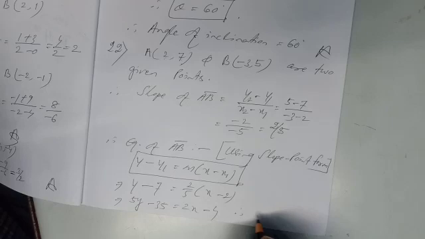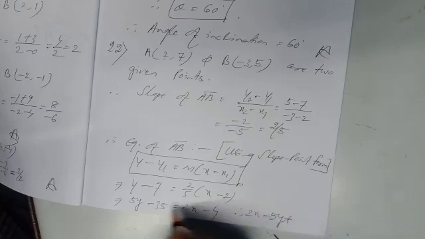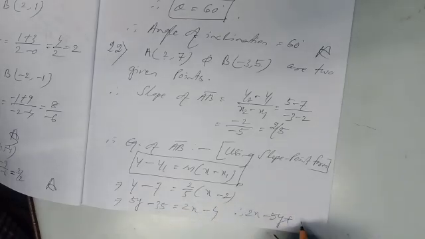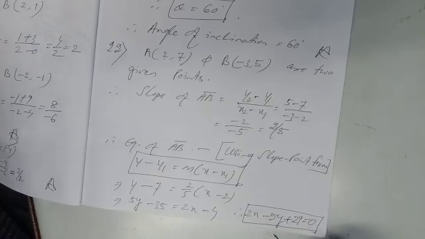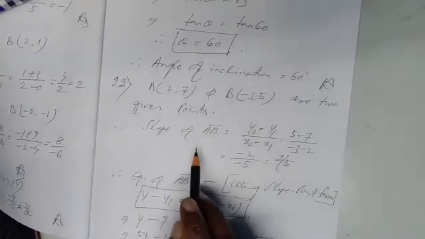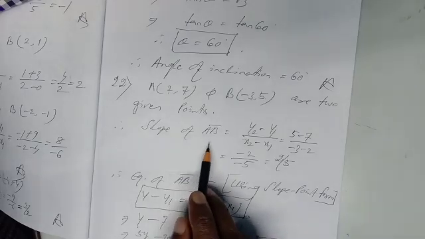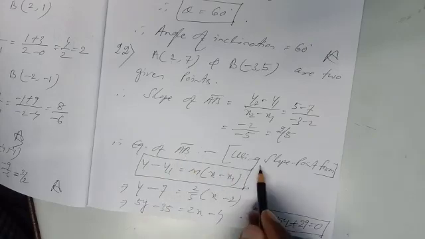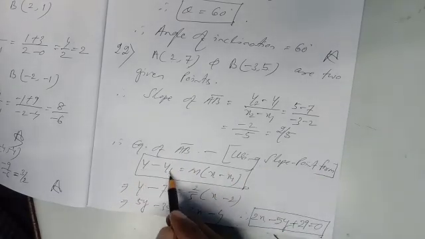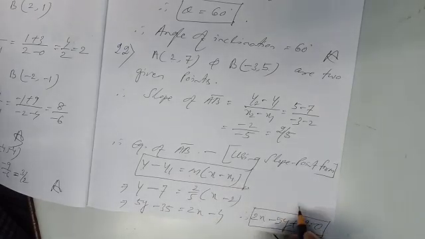After arrangement, what will you get? Therefore, 2x minus 5y, and minus 4 plus 35 will be plus 31, hmm, that is 35 minus 4, plus 29 equal to 0. This is the required equation of the line AB. Two points are given, you have to find the slope of the line AB, that is the gradient. After finding the slope, you can easily find the equation of AB by the slope point form, y minus y1 equals m times x minus x1. Putting in the values, you get the equation of the line.